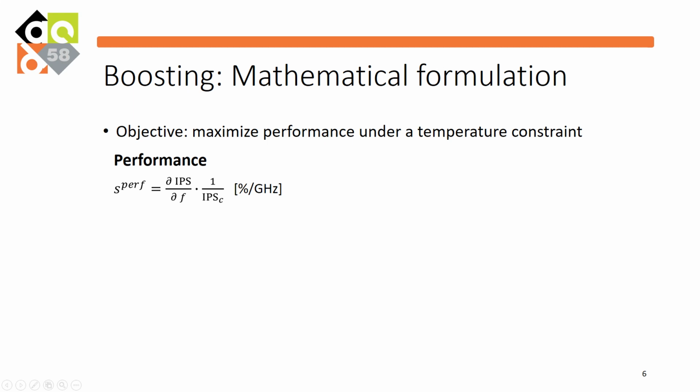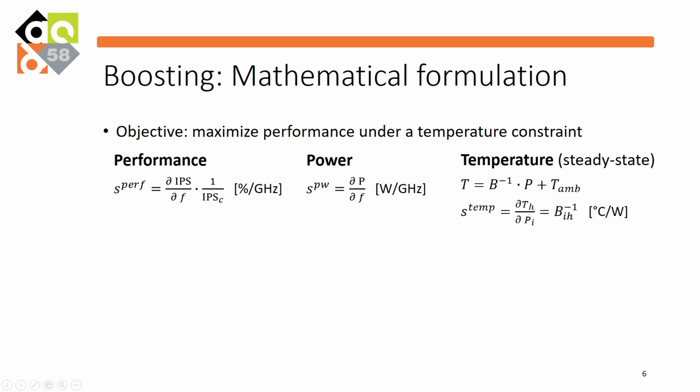A frequency change affects also the hotspot temperature via the power consumption of the thread and the thermal properties of the chip. The second symbol, S_PW, is the sensitivity of the power, which is measured in watt per gigahertz. The thermal properties of the chip are described by a thermal model. We use the well-established RC thermal model, which expresses the steady-state temperature T by a linear equation that essentially multiplies the power vector P, containing the power consumption of different parts of the processor, for example the cores, with the